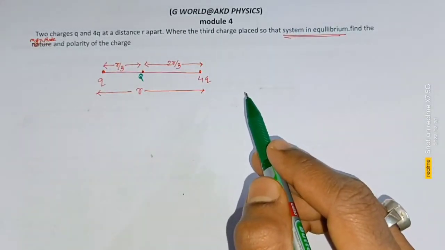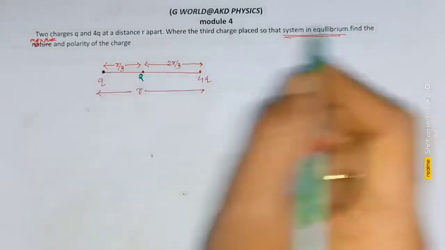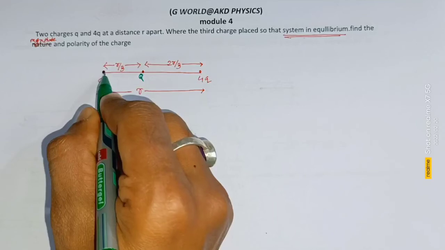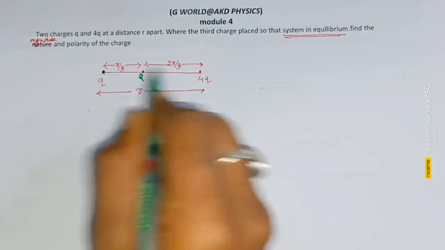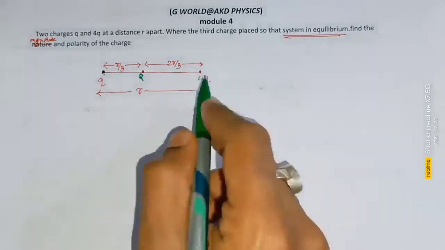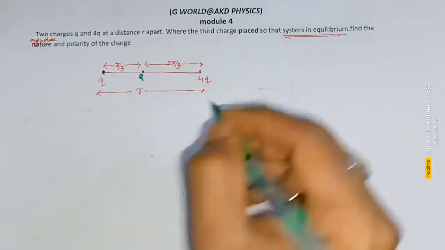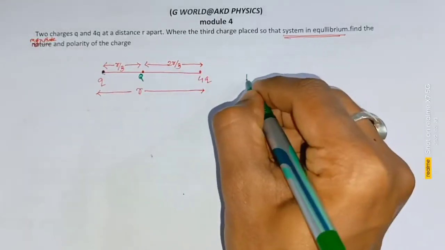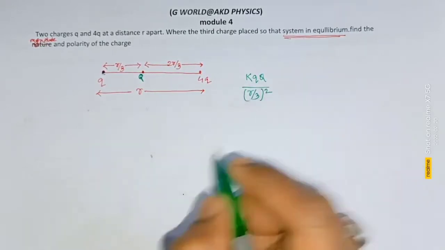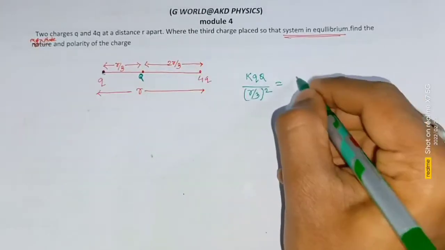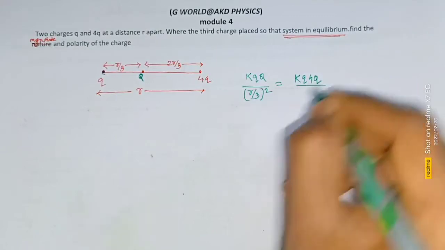So look at this other charge. If the system is in equilibrium, the net force on this charge must be what? 0. So the force due to this and the force due to this must balance each other. Carefully see what I will write. In magnitude form, K Q upon (r by 3) whole square must be equal to what? K Q due to this force, 4Q upon